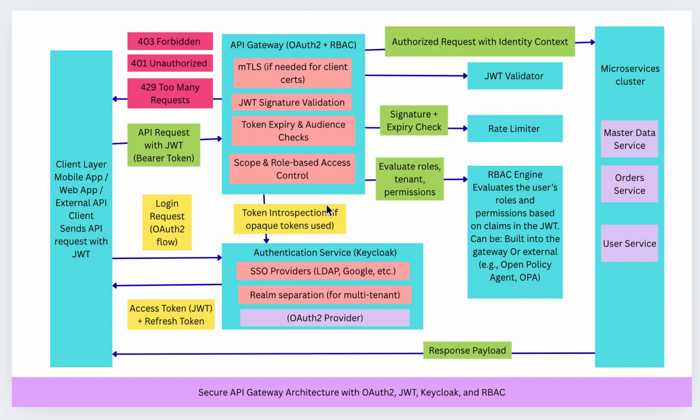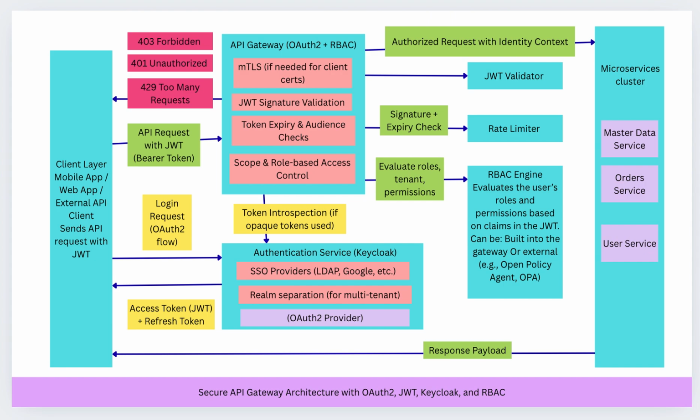Then we have the client to API gateway. The client sends the JWT to the API gateway. The data state is that the client now has a valid JWT. It includes the user's identity, roles, and access scope. And the process here is that the client sends an HTTP request to the API gateway, for example GET /orders. The JWT is attached in the authorization header like Authorization: Bearer